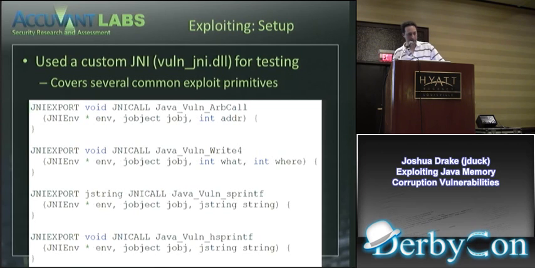All right. So I did some contrived examples, just created some primitives within a JNI module, and I'll explain. JNI is the Java Native Interface, and that's Java's way of telling you that you can go ahead and make a DLL. You have to use their header files and compile it. You have to declare native methods in Java, and you just put the native keyword in the declaration. You don't put any code in the Java source file itself. So I just created these with arbitrary call, write4, and sprintf, and the sprintf is an sprintf into the heap.